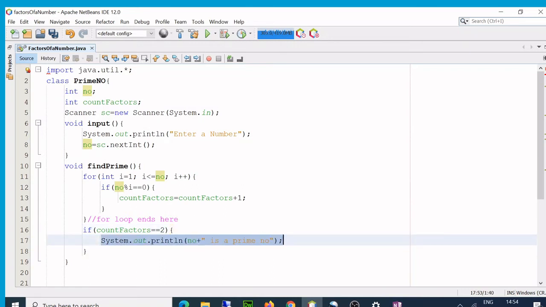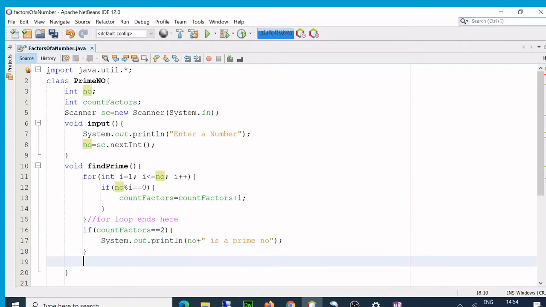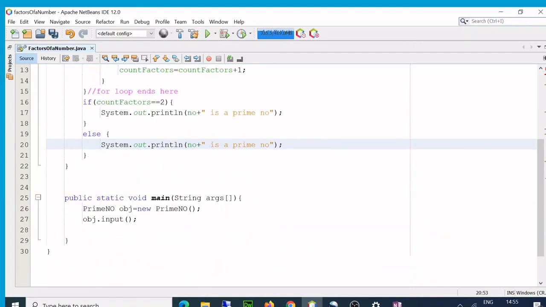And in else also I need, in case it is not a prime number, else brackets are important everywhere, even if it is a single statement, is not a prime number.